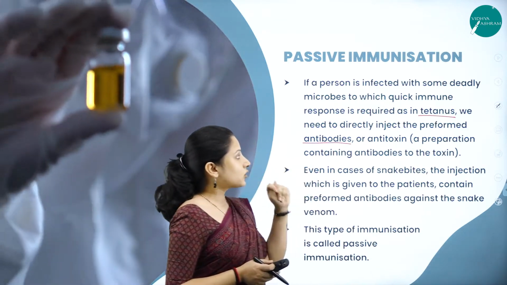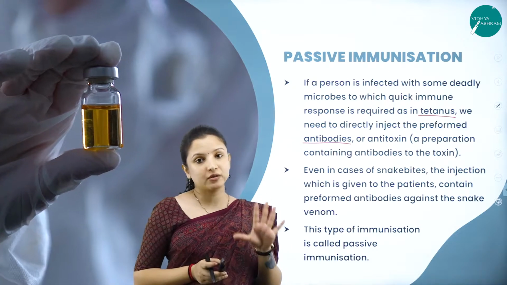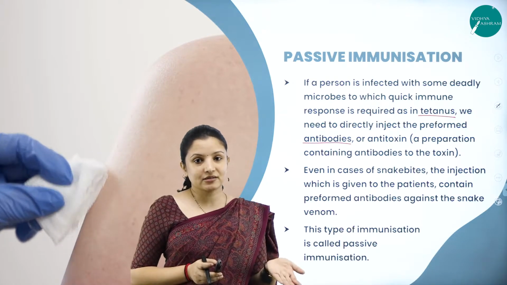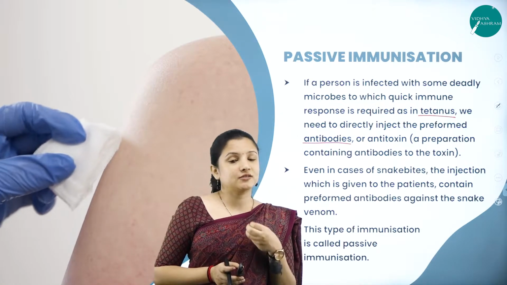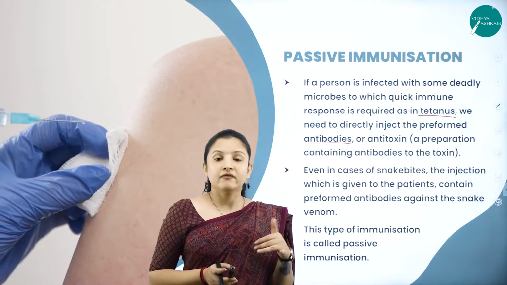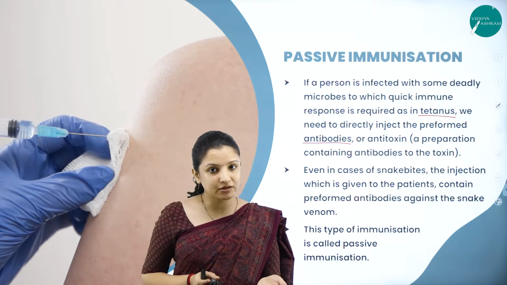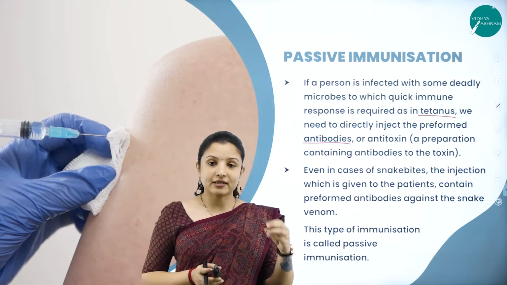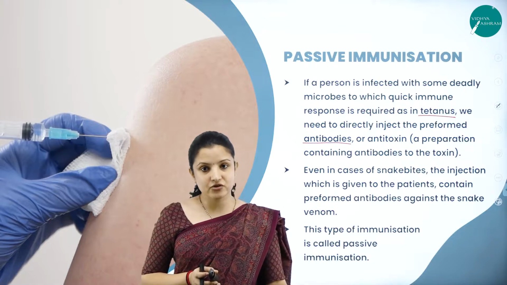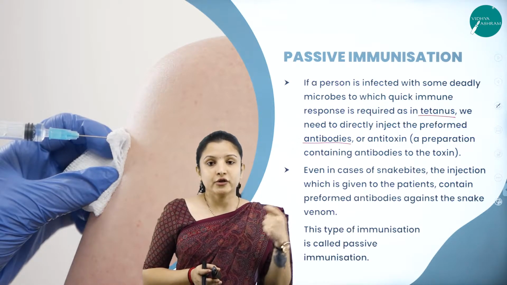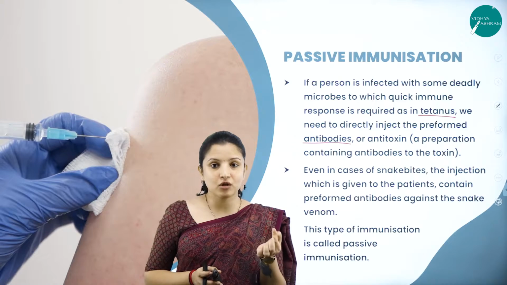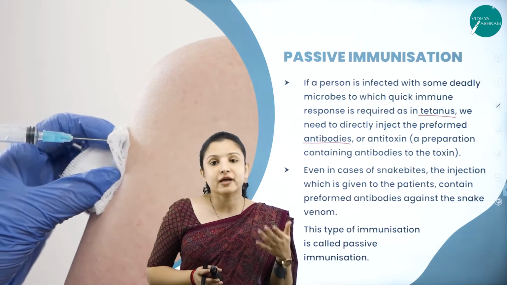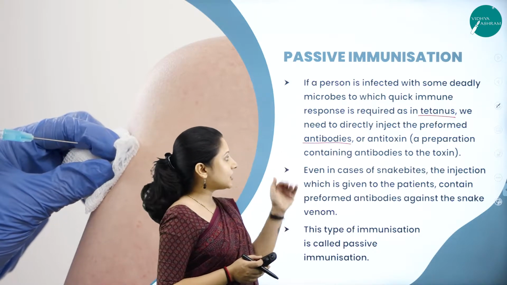So at that time, usually an injection will be provided to a person prior itself. We have the TT injection, right? It is a 6 months or 1 year injection, wherein you have to get a booster dose every 6 months or 1 year, depending on what type of TT injection you're taking. That is why TT is given whenever you go for a surgery or when you have a small cut or wound. Say you're playing with a knife, and it might be rusted. A small bit of rust also can lead to tetanus. That is why TT injections are given.